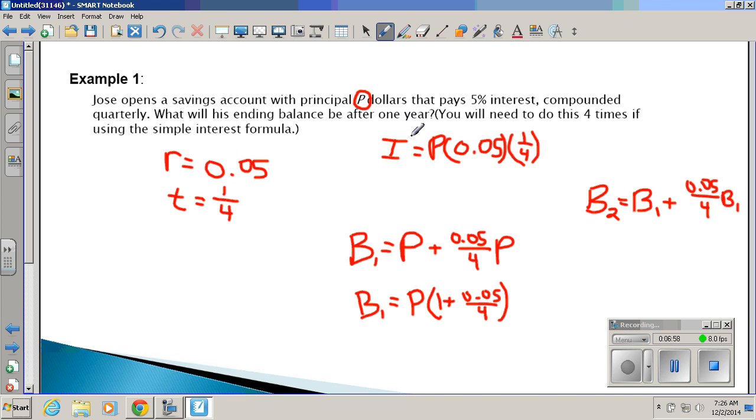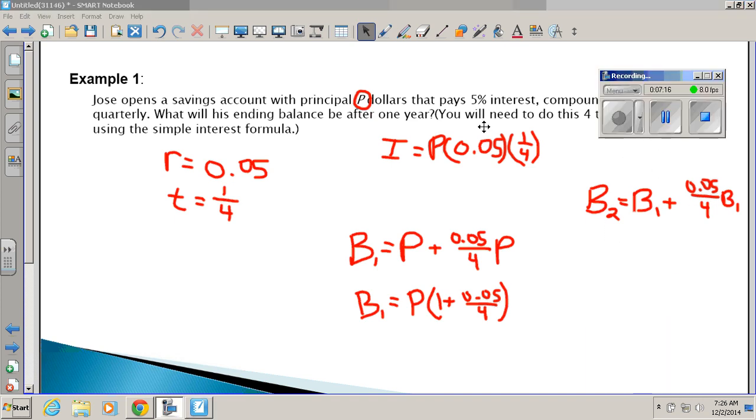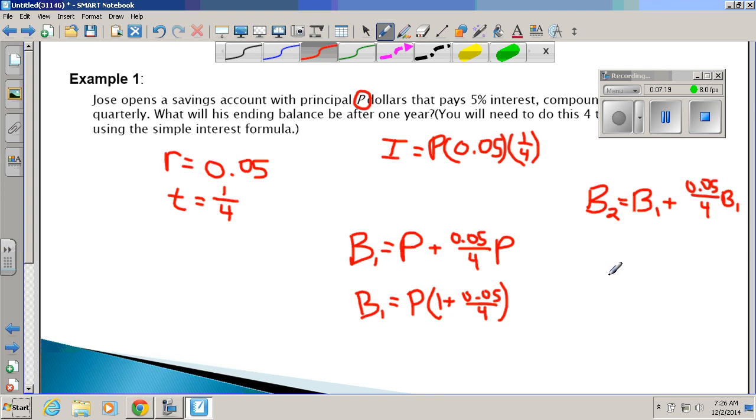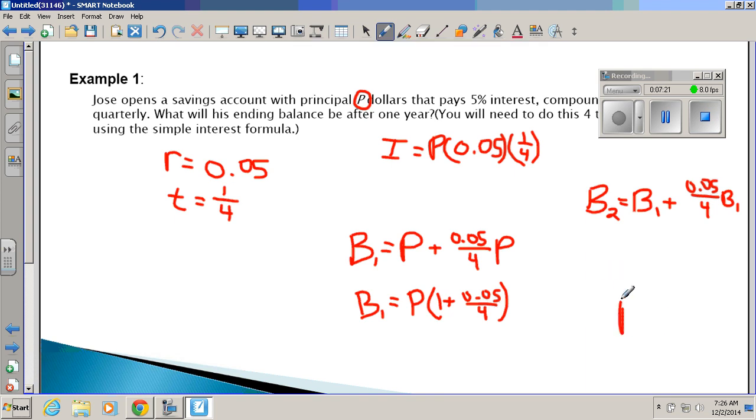So in other words, if I knew what amount I was putting in here, I could figure out how much I'd have at the end of the first quarter. I'd use that new amount here and do it all over again to get my second quarter. And I would do this a third time and then a fourth time. But to shorthand it, really what I'm doing is taking this balance amount, this principal, and I'm just multiplying it by 1 plus 0.05 over 4, and I'm doing that